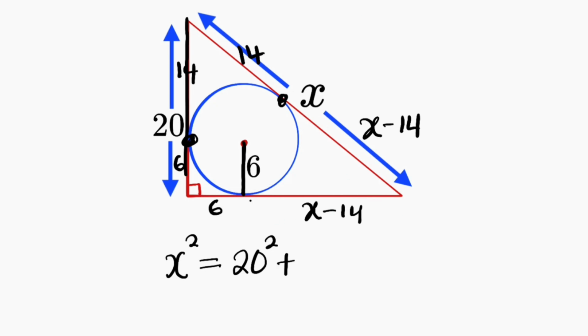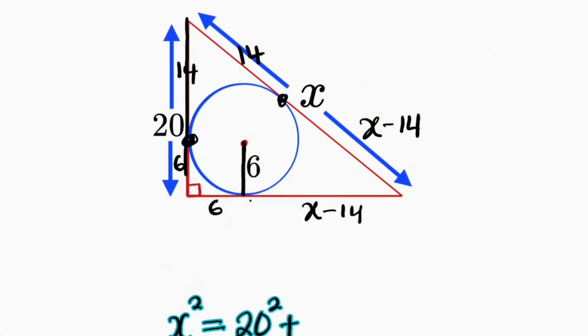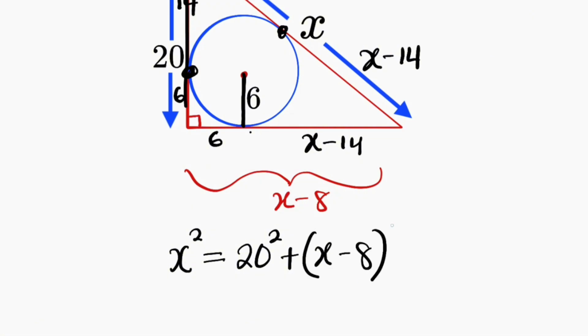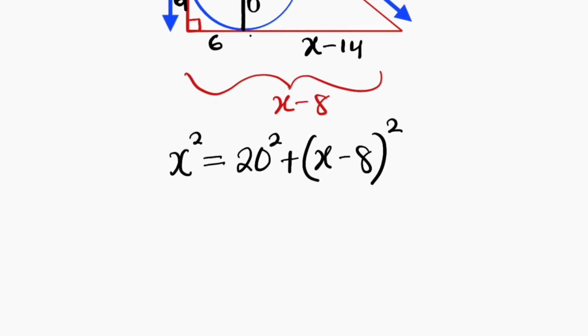Together with x, you have everything here to be... let me shift this one down a little bit. You can clearly see that everything here is x minus 8. So we added here and squared. We have x minus 8 squared. All right, so let's continue. The left hand side we still have x squared. The right hand side we have 20 squared is 400